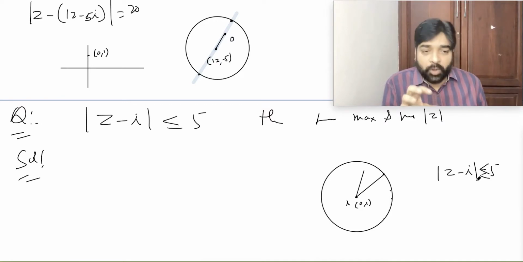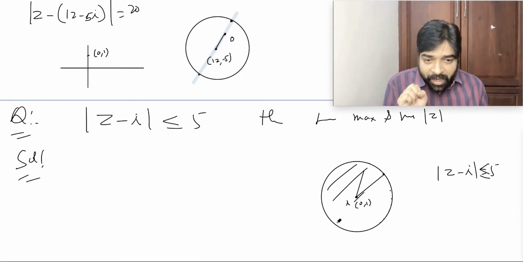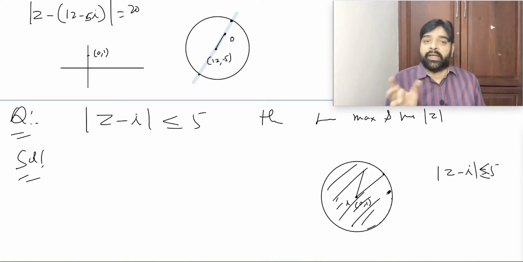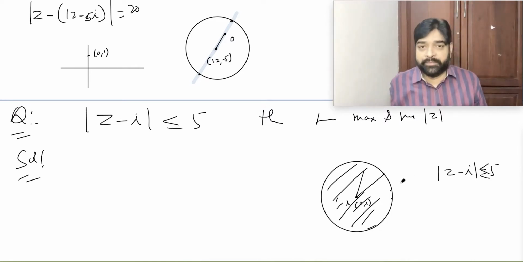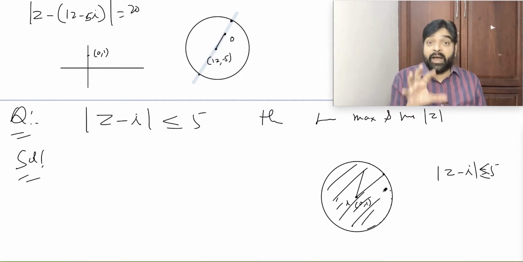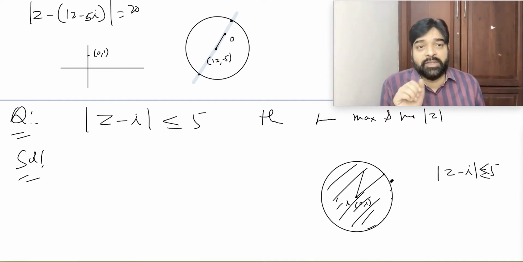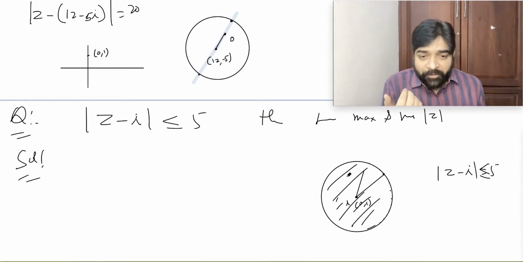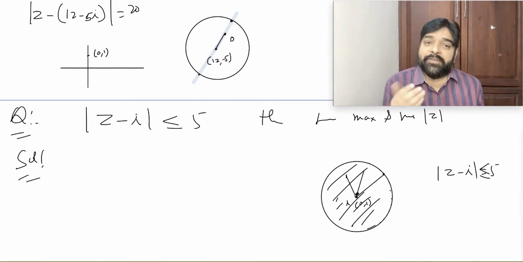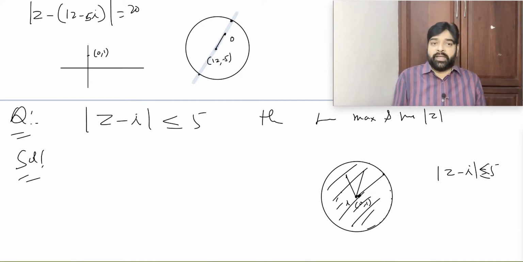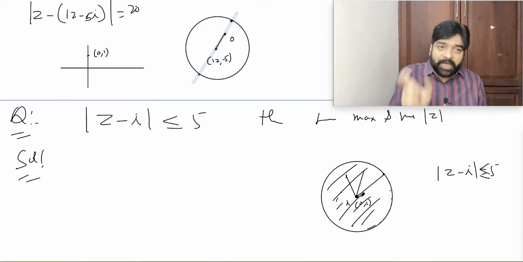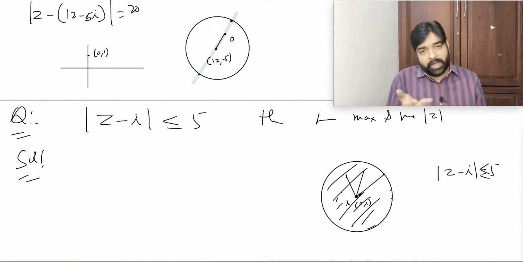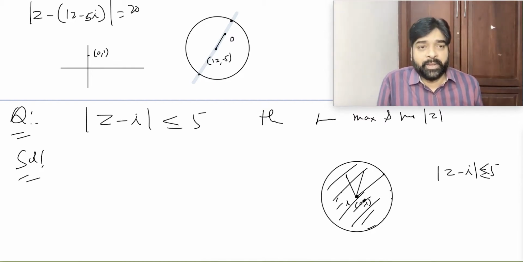Yes or no? So less than means inner area. Greater than means outer area. Understood my point? But why I am saying inner area, you have to understand. Don't try to memorize like this, inner area, outer area. Z can fall here because mod of Z minus I less than 5 is allowed. In fact, Z can fall on I itself also. If Z falls on I itself, mod of Z minus I will become 0 and that is acceptable. Did you understand?